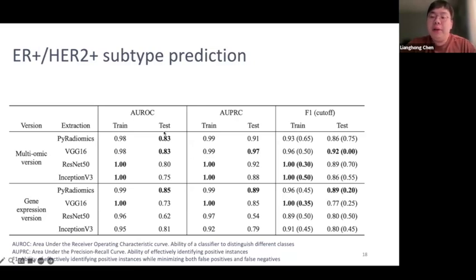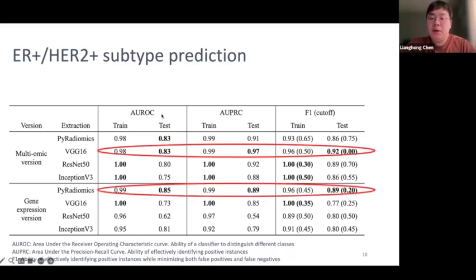To evaluate the performance of this classification model, we select AUROC, AUPRC, and F1 as our performance metrics. AUROC can evaluate the ability of the classifier to distinguish different classes. AUPRC and F1 evaluate the model's ability of identifying positive instances from different perspectives. Comparing the results of each group, we can find that although the experiment methods are different, we all achieve good performance.